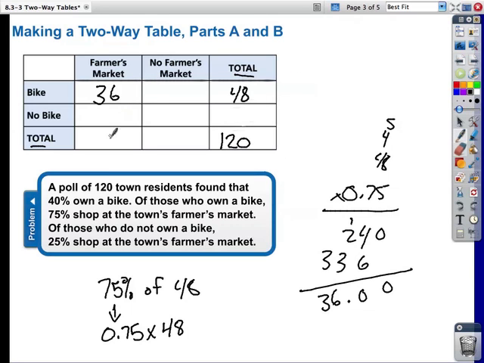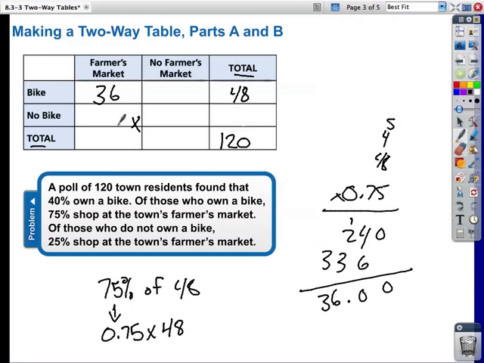We know that number now. So now we just kind of read on. So we filled out the 75% of bike owners shop at the town's farmer's market. Of those who do not own a bike, 25% shop at the town's farmer's market. Okay, so that would be a no bike